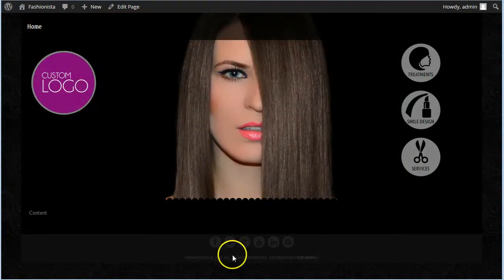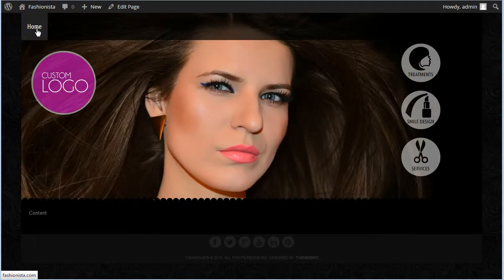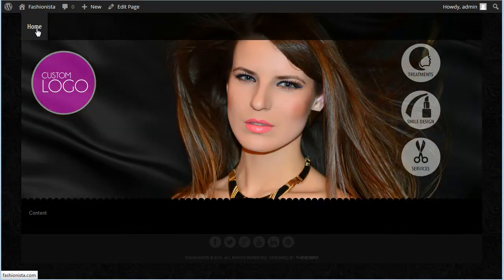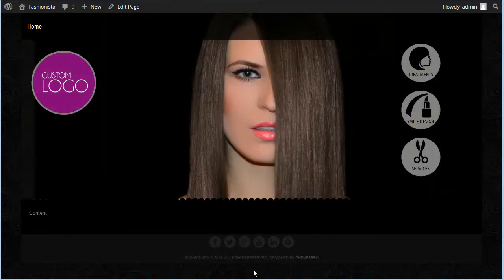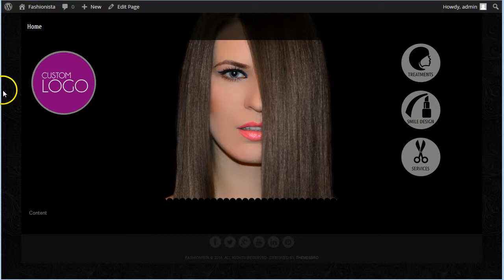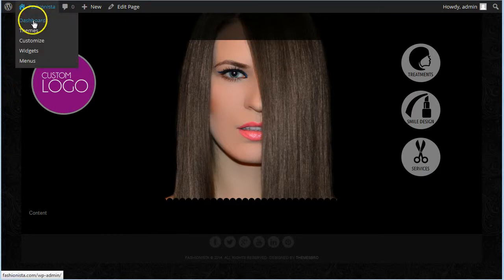You can see that the menus, the top menu here, just has a single entry in it because the theme ships with only one page, the home page, that's actually configured. And there's another menu that appears down on the bottom here, and that is missing by default as soon as the theme is installed. So to configure some more pages, let's go to the dashboard,